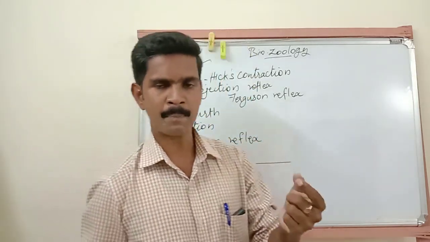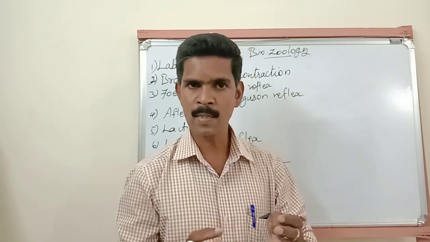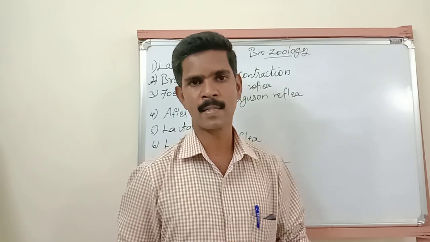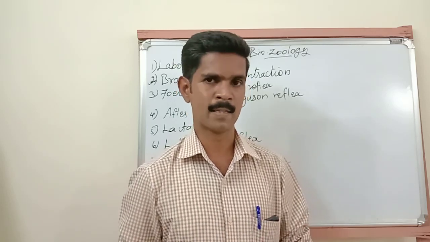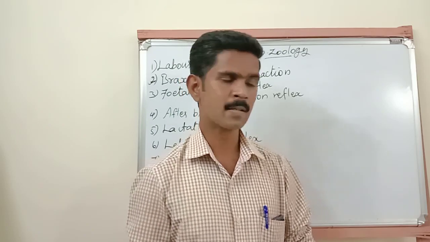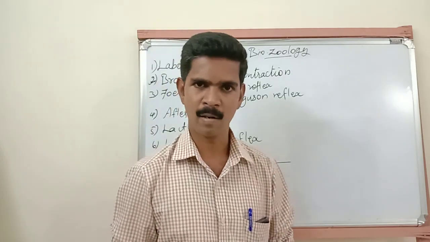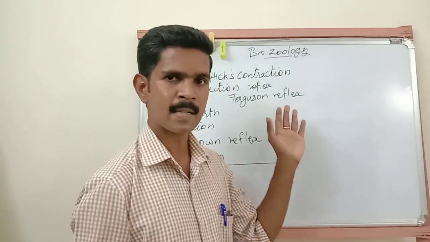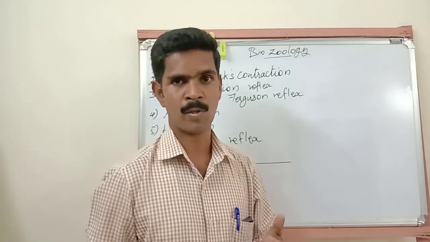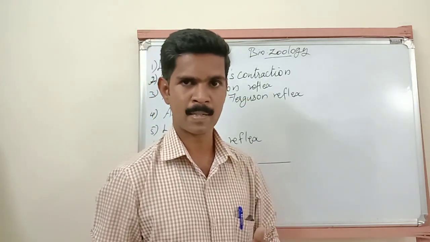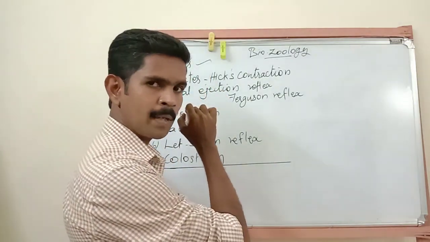During the time of pregnancy, the uterus undergoes some strong contractions, and during this time the uterus is in a very weak condition. These contractions are called Braxton-Hicks contractions. Sometimes these Braxton-Hicks contractions lead to false labor. I already told you the meaning of the word labor. Understand? Now we have completed that 2 mark question.